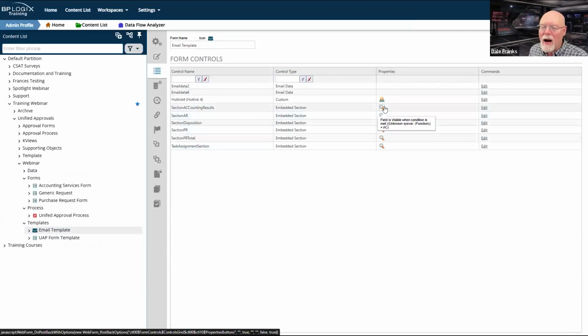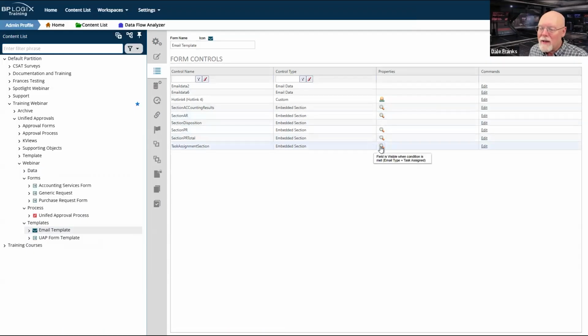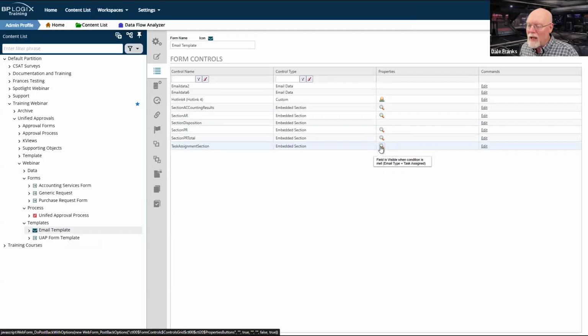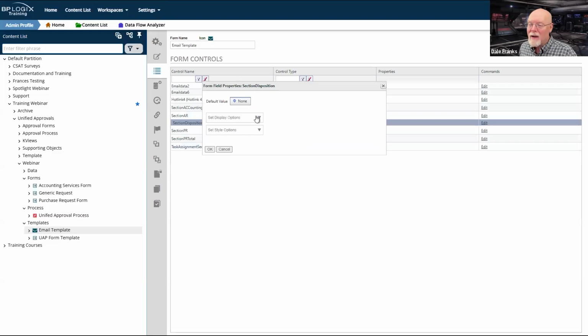So I've got task assignment section. That field is visible when email type is task assigned. So where is my section disposition? Oh, whatever it is, I did not save any sort of visibility condition for my disposition section. Well, I certainly need to do that.